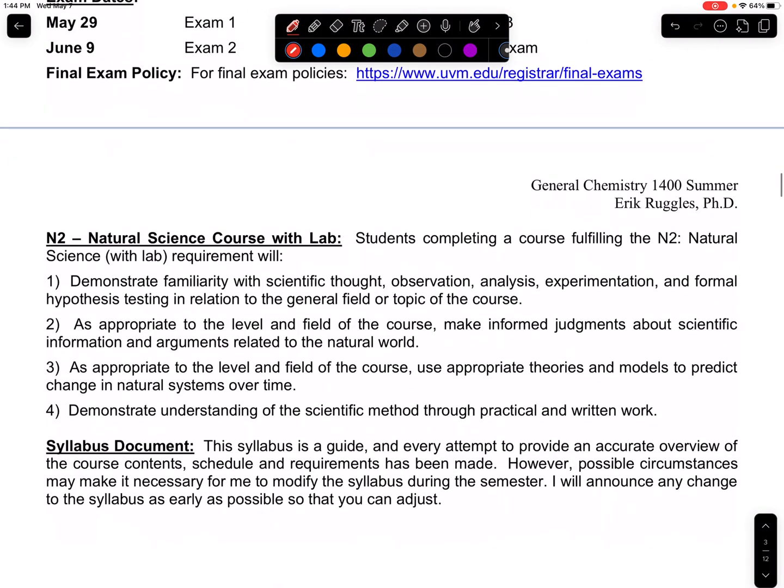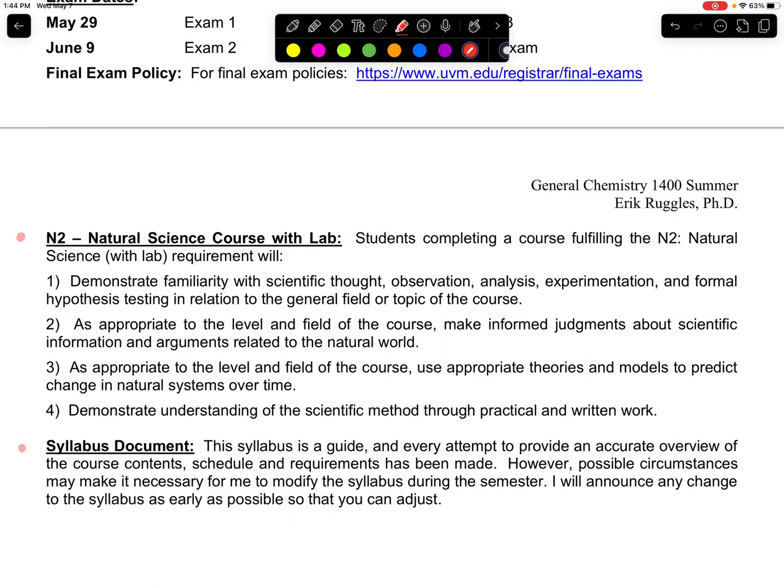We also have a lab component to this course, which falls under this N2 requirement. We will be doing labs, which gives us the experiential portion of this course. We need to go to the labs. This is part of the course. Attendance is mandatory at those labs, so there is an attendance policy with the laboratory, so please make sure you are attending the labs.